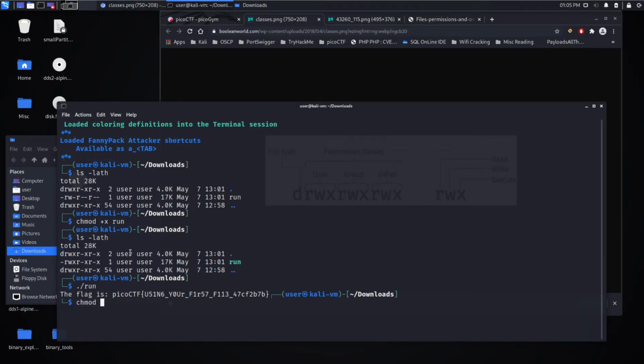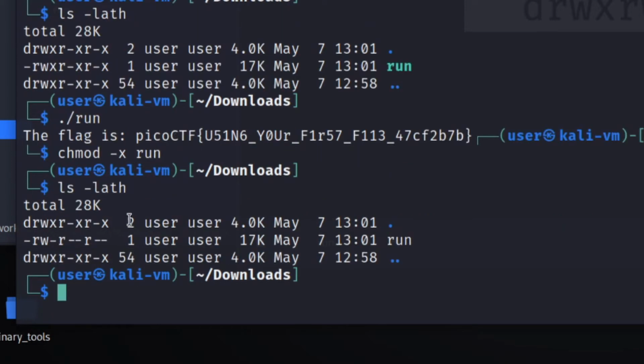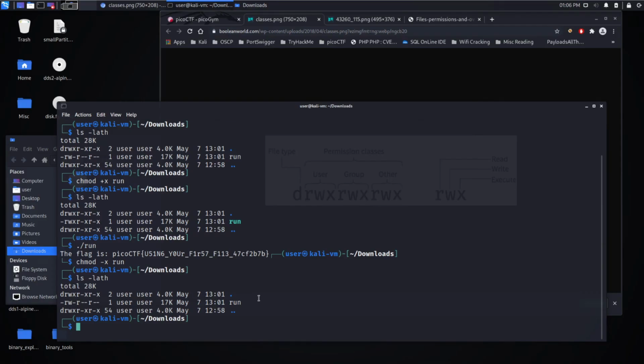So when we do a chmod plus x, for all 3 of those groups, we add the execute. If we did a minus for all 3 of those groups, we would remove the execute. Let's do this one more time. You can now see we don't have any X's. All right, so that explains what's going on there, and I want to give you a little more